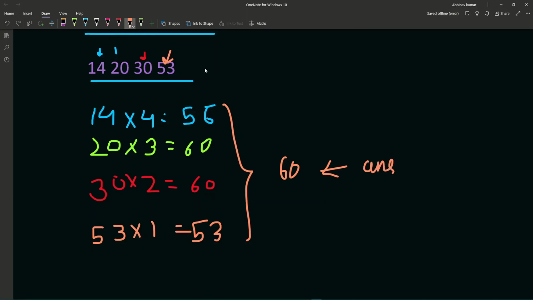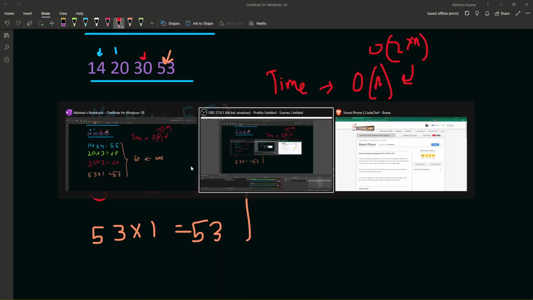And the time for this one is only O(n). Basically it is 2 into O(n), O of 2 into n, but it is counted as O of n only. Okay, so let's discuss the code for this problem.